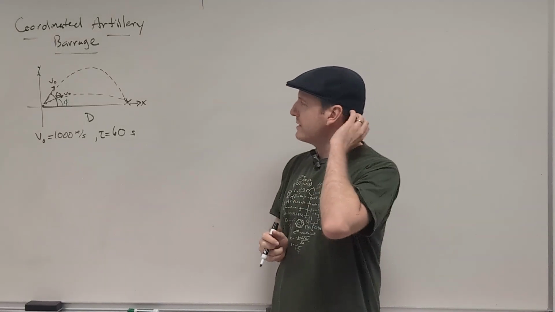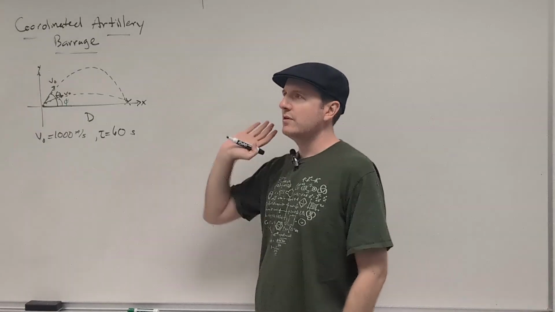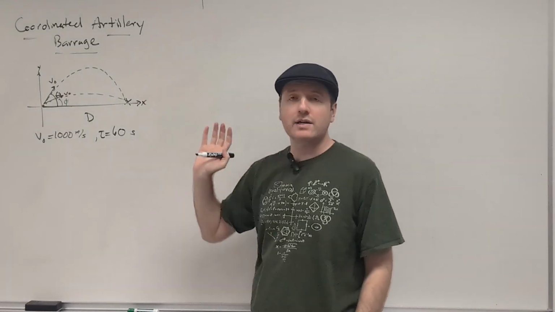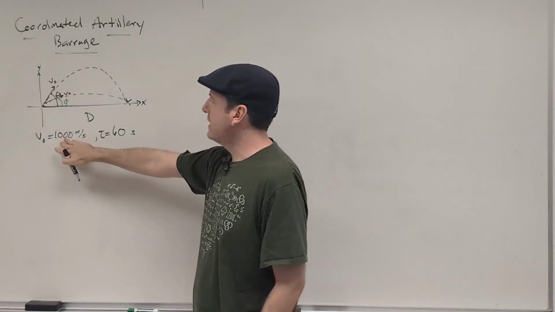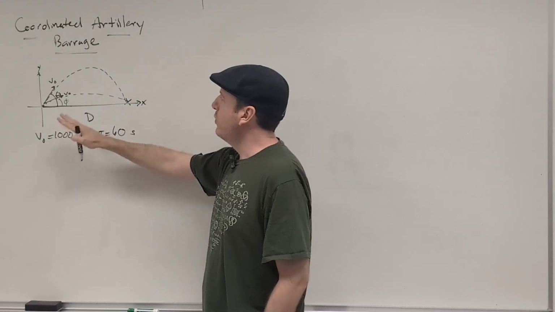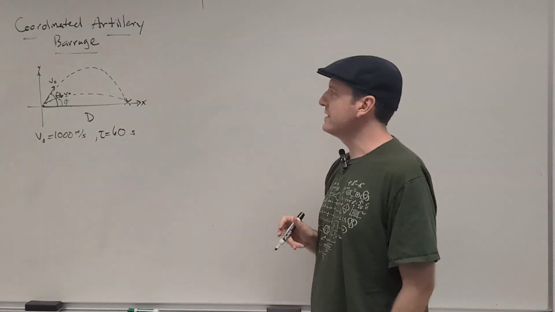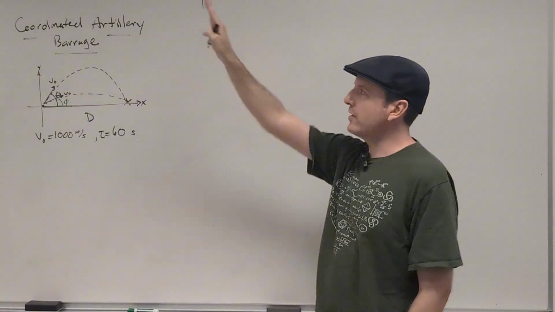Okay, so this is kind of an interesting problem. Let's say that the military has this brand new long distance, high muzzle velocity projectile launcher, howitzer or something like that, that has a muzzle velocity of 1,000 meters per second. And the idea is we want to target some distance, a distance d away, so that we fire at one